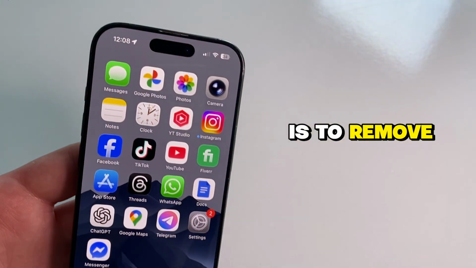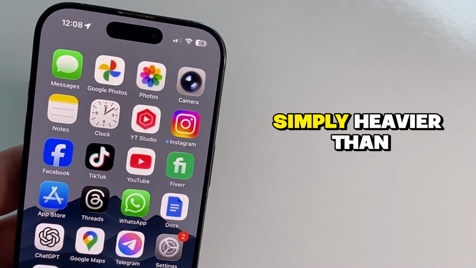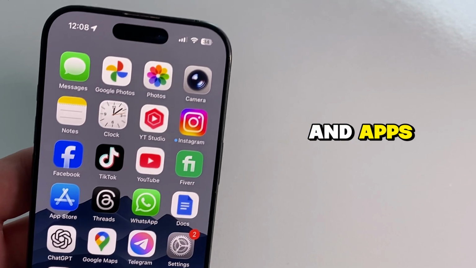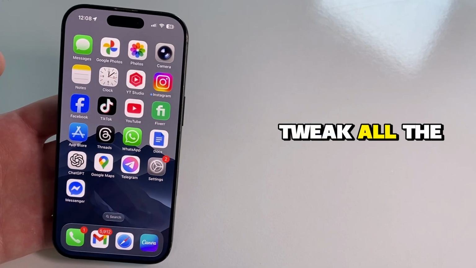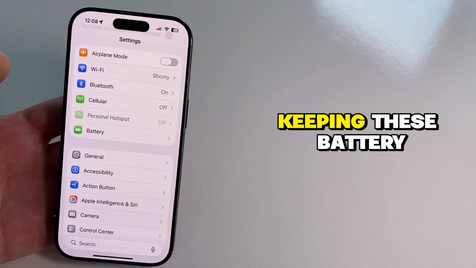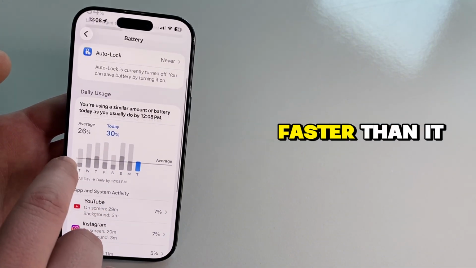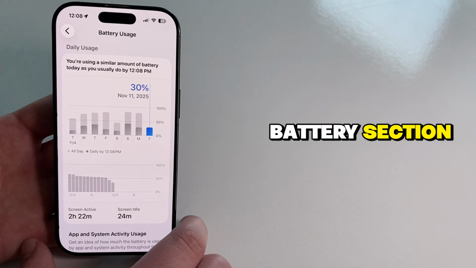Step number 6 is to remove or limit apps that use a lot of battery. Some apps are simply heavier than others, especially social media, games, and apps that constantly stay connected in the background. Even if you tweak all the right settings, keeping these battery-hungry apps installed can still cause your phone to drain faster than it should. The best way to handle this is to go back to your battery section in Settings